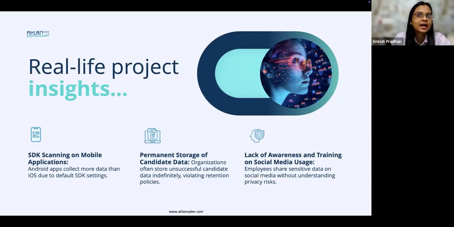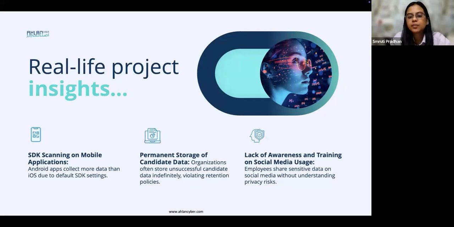So let's say today, as a candidate, if I'm applying for an organization based on a job description, I'm providing a lot of personal information, but let's say I don't get selected, right? What we observed is that HR departments store the personal data of these unsuccessful candidates permanently, which is not really required and is a violation of the law. If somebody is not bound by an employee contract, you are not required to save the personal data permanently, and you need to store it only for a certain period of time.